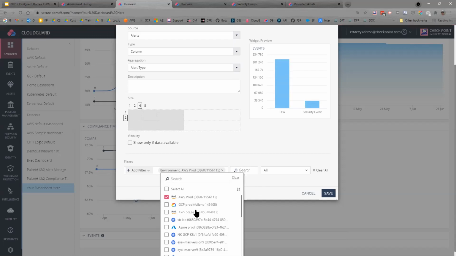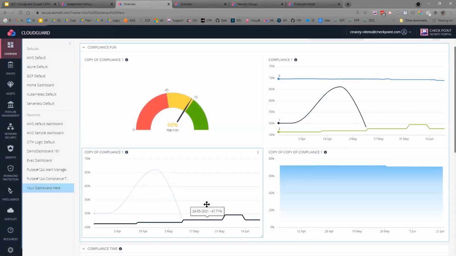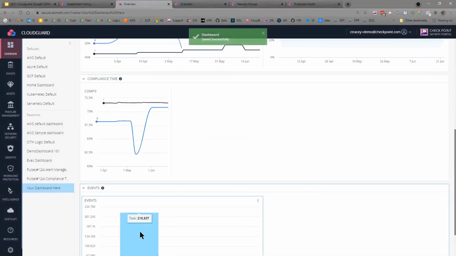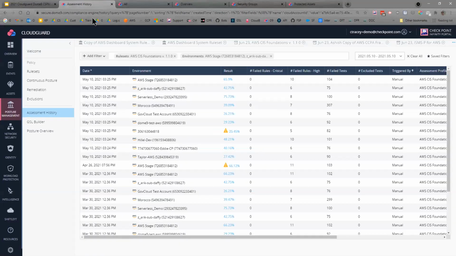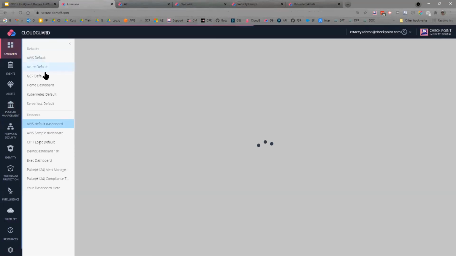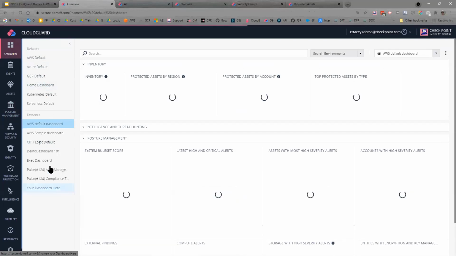Just relative to an account for sure. Save it out. I have some events. The events now, when I drill down on this, will allow me to get to the events console. So what we see here, if I go back to the overview here, these are visual shortcuts